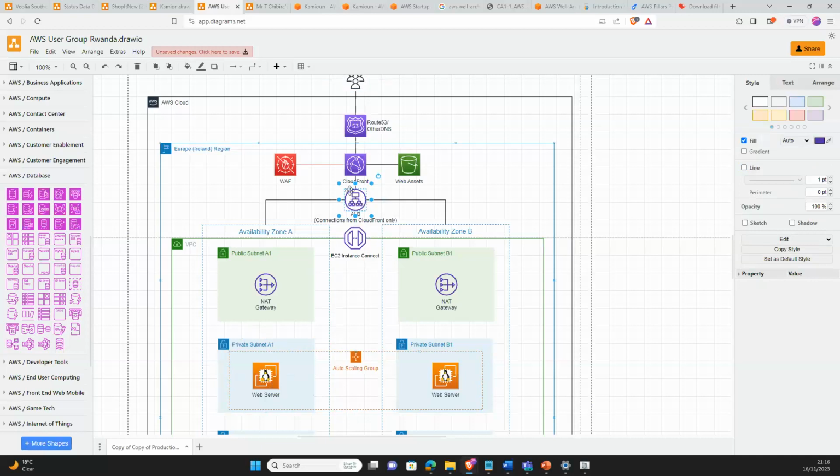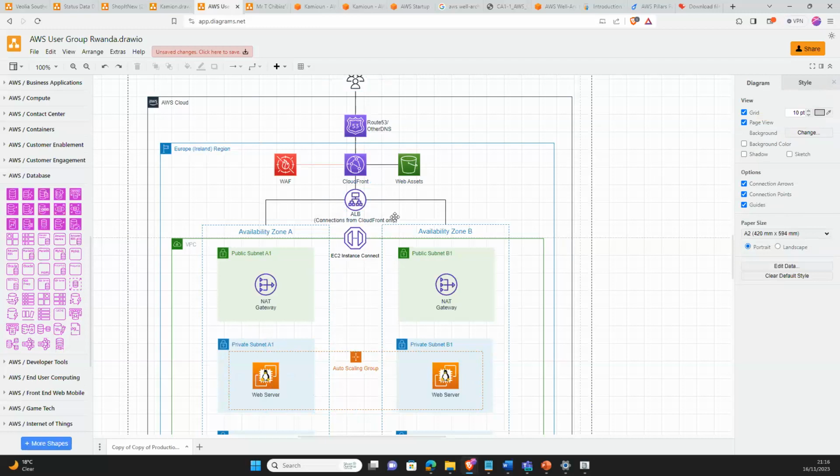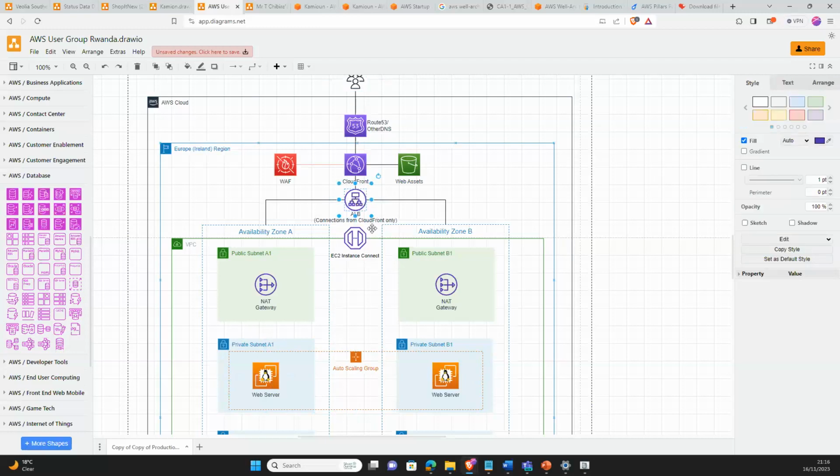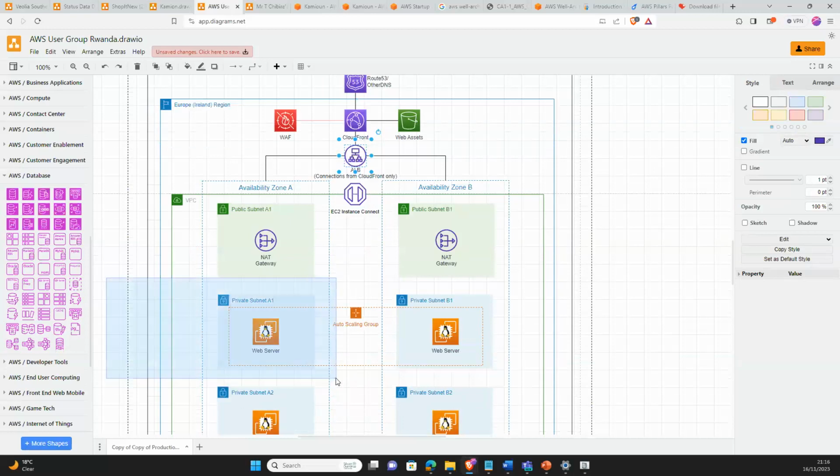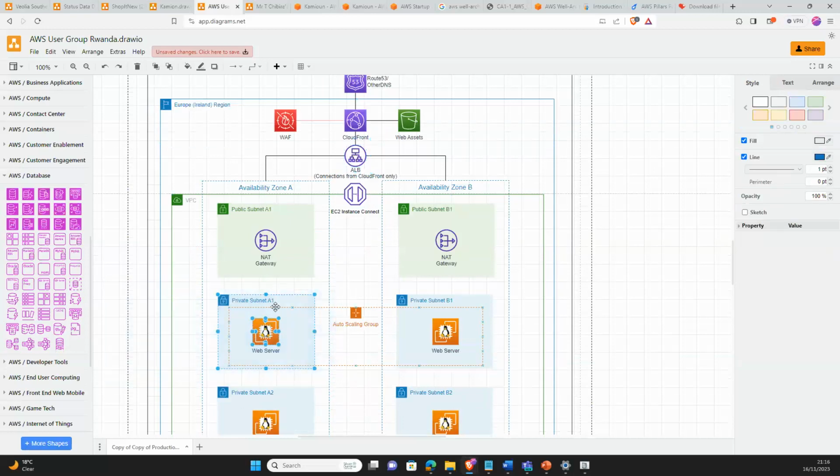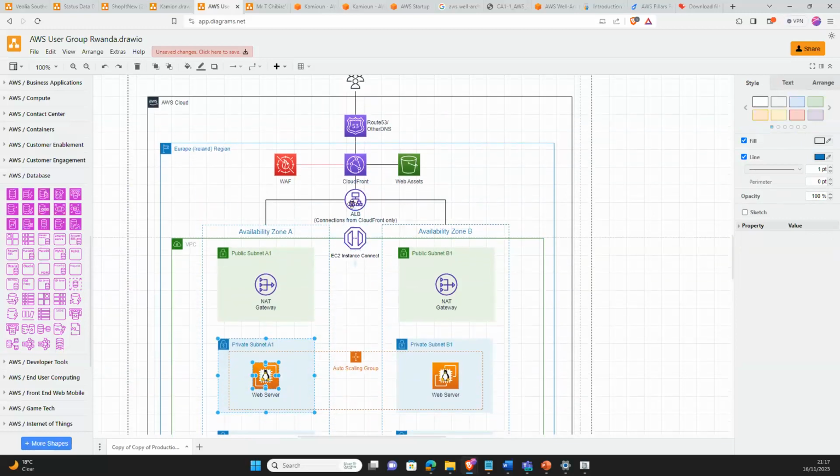web server. So it means when it comes to security, our application in a way is secure because our users are not having direct access to our application as it's in a private subnet. So they can't, if it's a private IP address, you can't have access to it over the internet. But our application load balancer will be in a public subnet for our end users to access it.